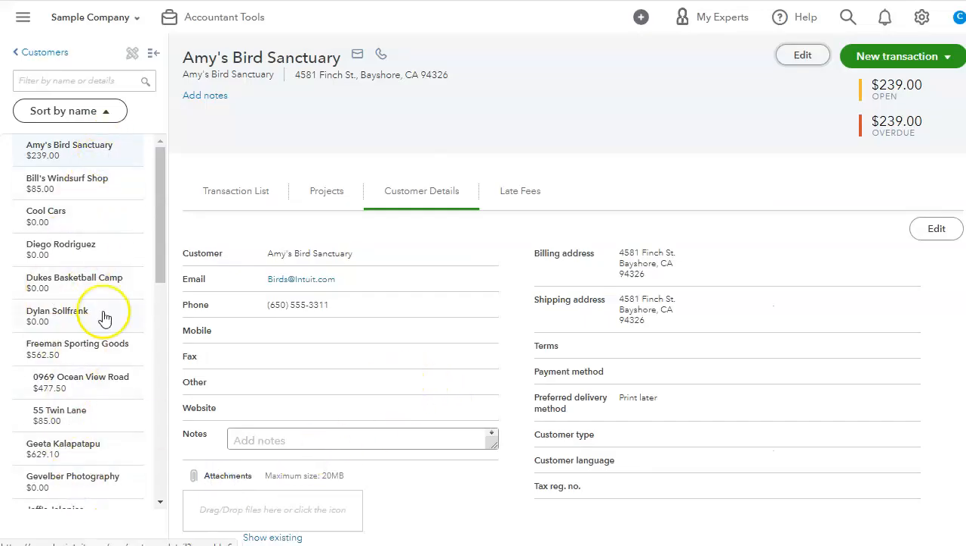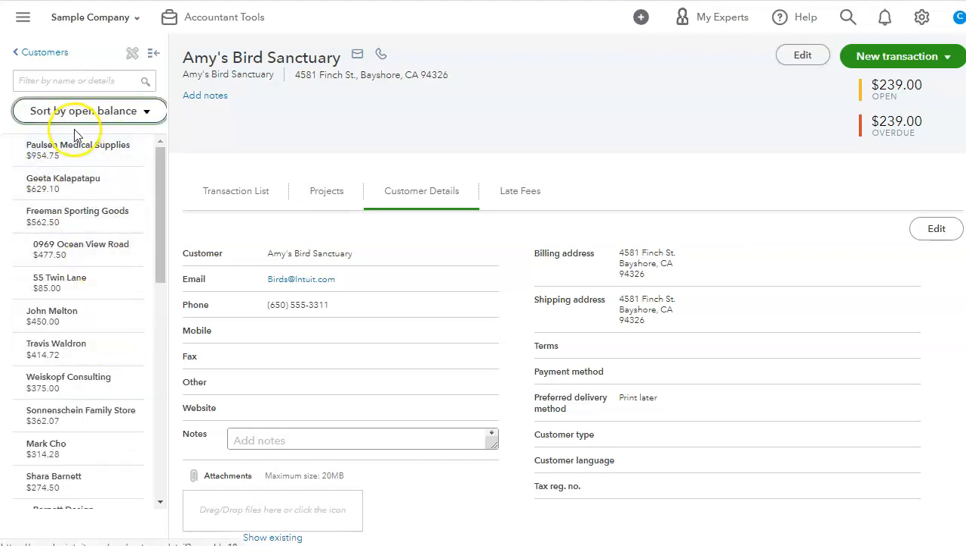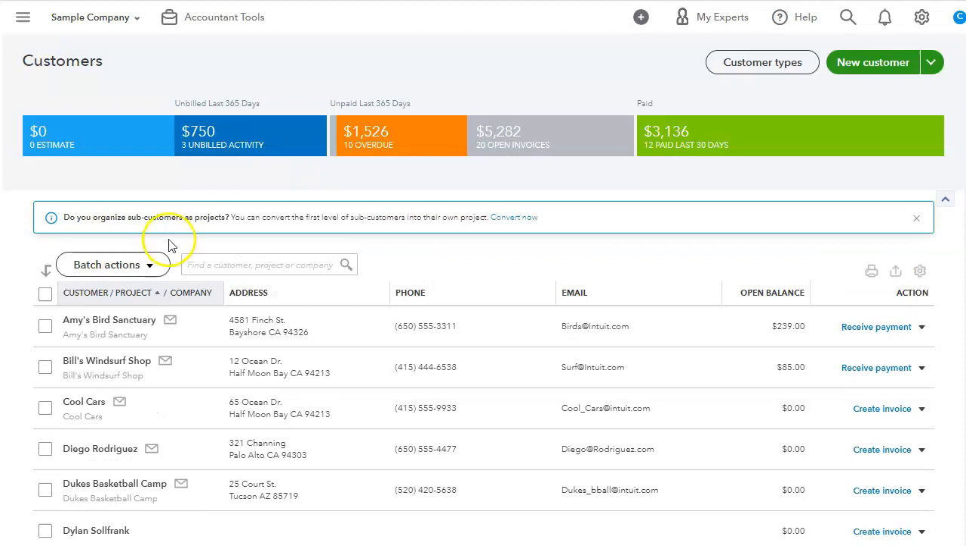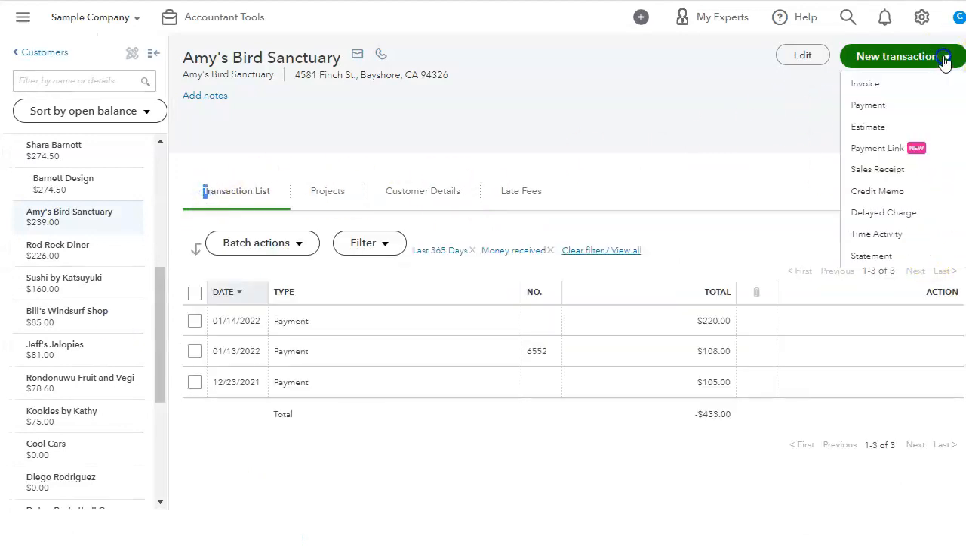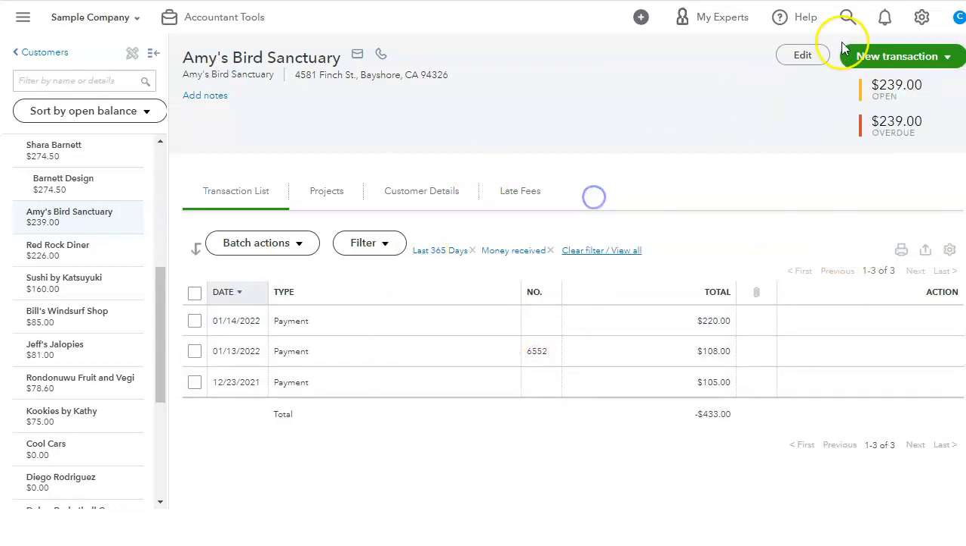And on the left side, you will find the list of all the customers. We can also sort by open balance. And let's go back into a customer. Let's click on this customer transaction list. We can create an invoice, make a payment, do an estimate. We can create a payment link and a sales receipt, credit memo, delayed charges, time activity, and do a statement